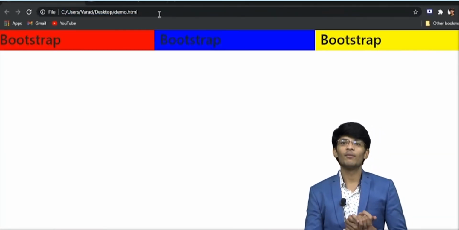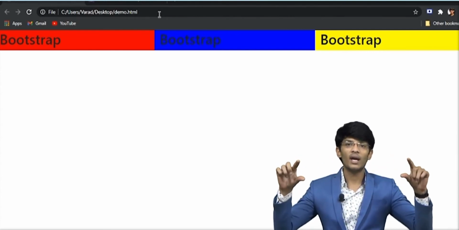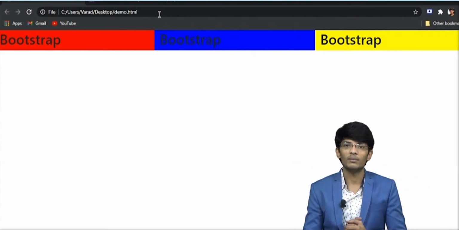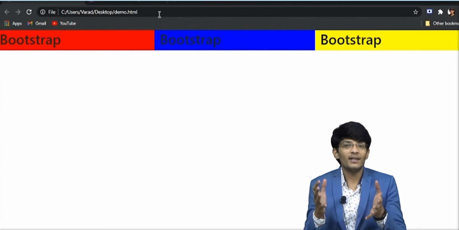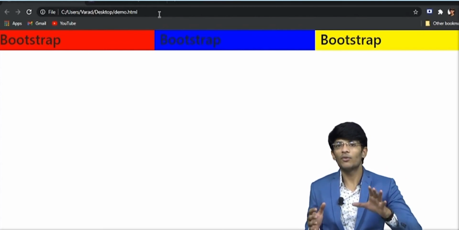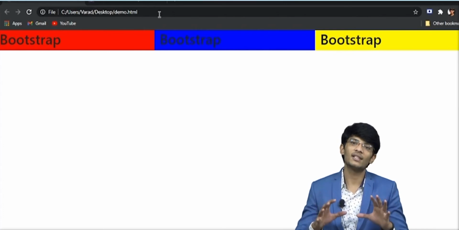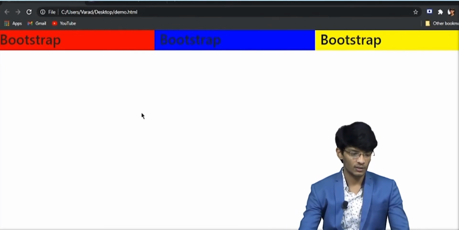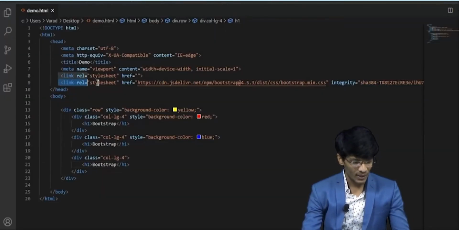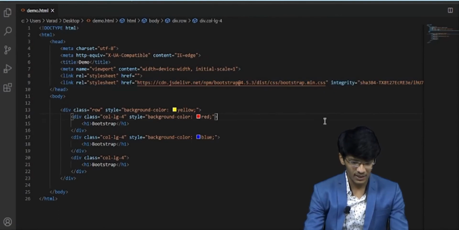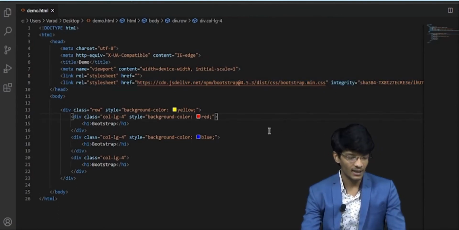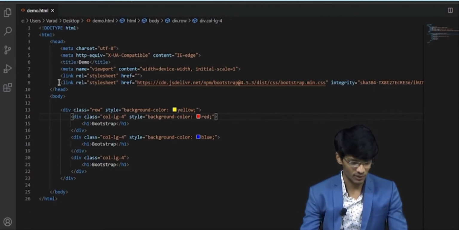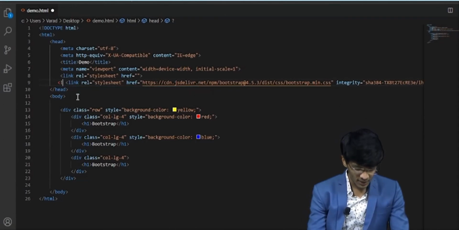So what happened here? We defined a particular row, and in that row we divided it into 3 different columns. At first we didn't get that output, before using that particular CDN or style sheet which is already present on the server and which we are using. So this is one way to link the Bootstrap CDN, and the other way is to download the package provided by getbootstrap.com.